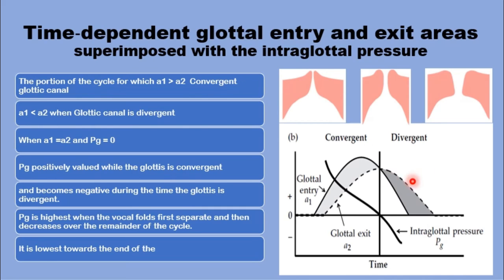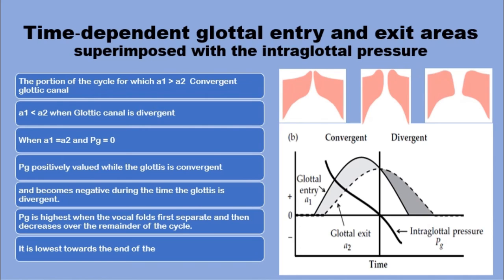Note that the maximum positive pressure is at the very beginning of the opening cycle, when an excess pressure is required to push the medial ends of the vocal folds apart, and it's also maximum negative at the end of the closing phase, when some negative pressure is required to abruptly close up the